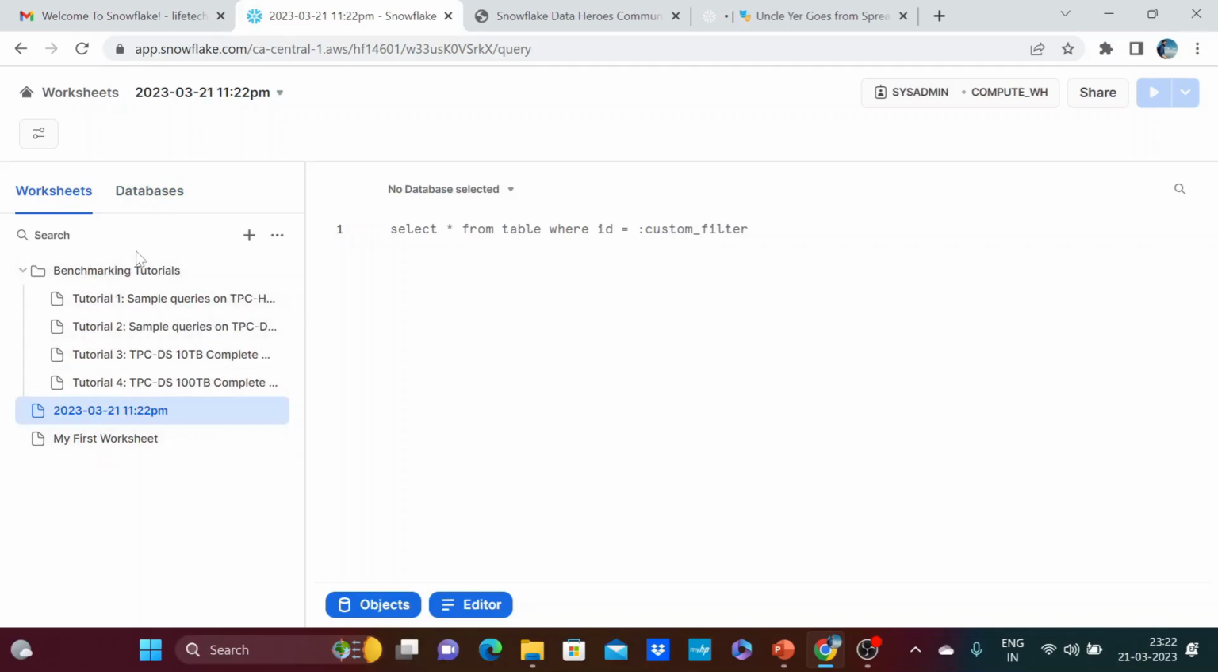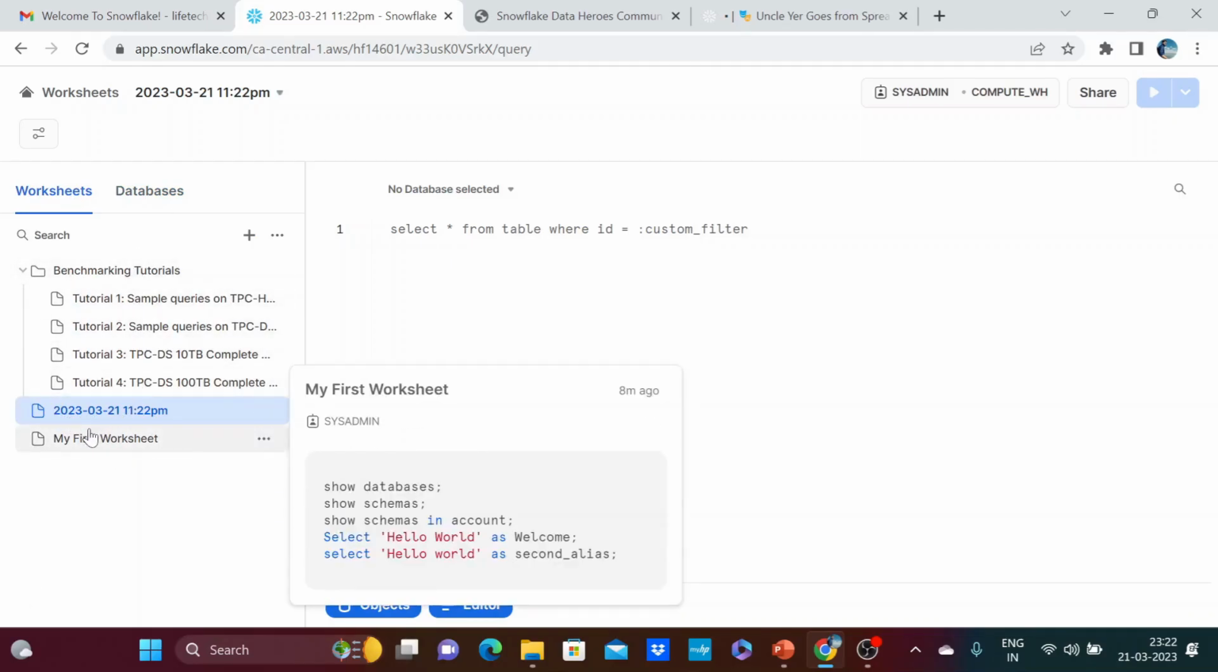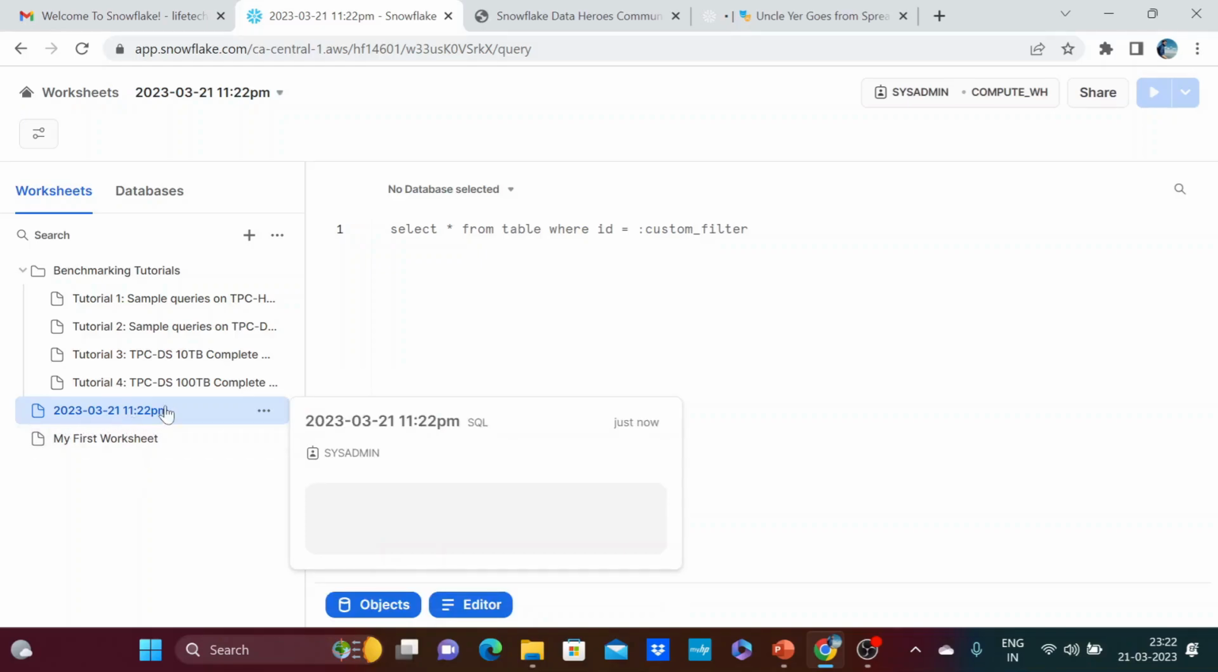Now, as soon as I create any new worksheet, by default it will take the date and timestamp of creation. I can rename it with a worksheet name of my choice. I'll just rename it as, say, garden data analysis. Now here on the worksheet,